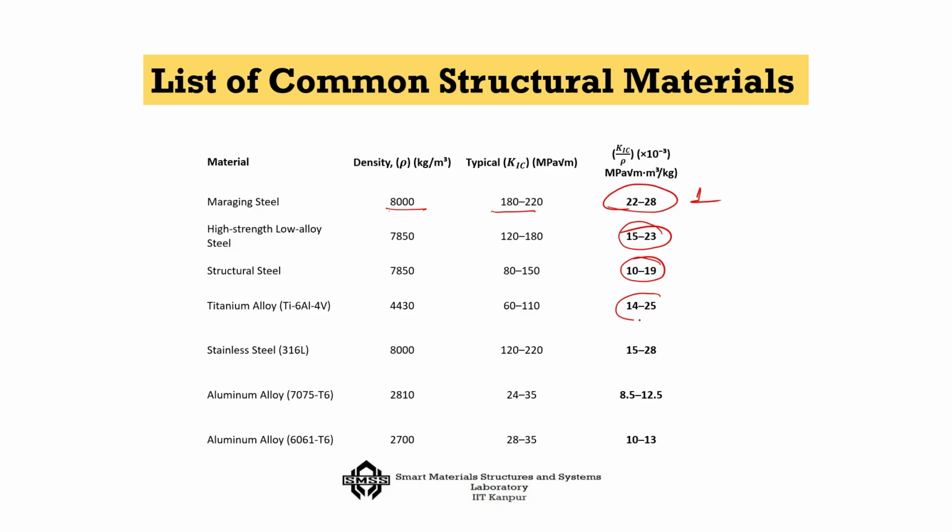So, they can be also quite big actually, titanium alloys, and stainless steel 15 to 28. Aluminum alloy has low fracture toughness in comparison to all other things. So, that is 8.5 to 12.5, okay, and so that you have to take care of. Both 7075 and 6061 have applications in vehicles, but then you have to keep in mind that it